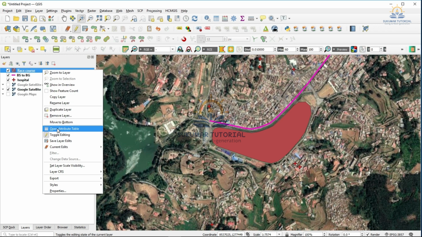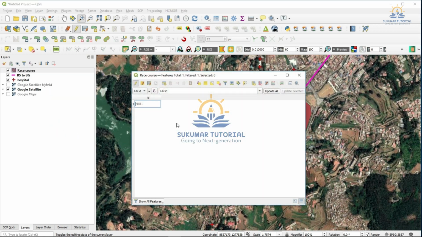of the race course. Just come, nothing is there. You make it editable. That is the pencil mark, you have to click it, that is editing, making toggle. Then you come to new field, you have to add a new field.